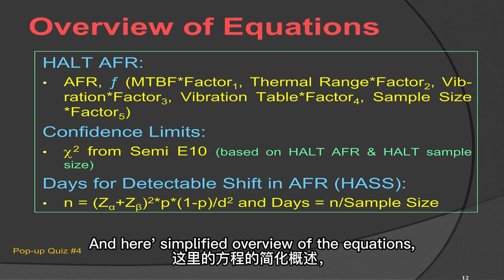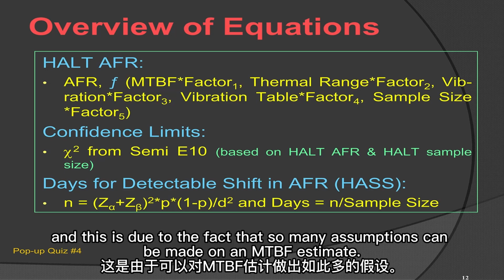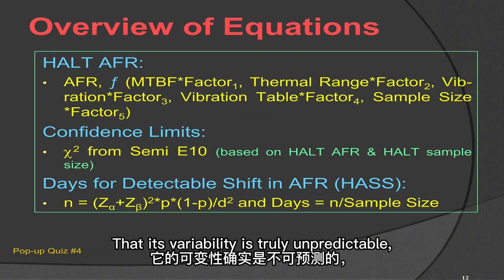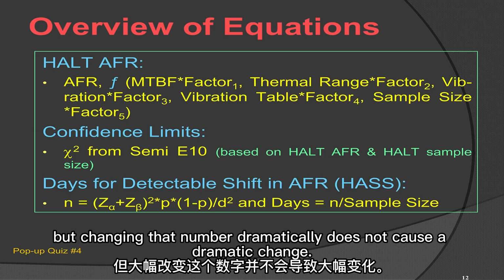And here's a simplified overview of the equations, where the AFR is a function of that whole string of variables. The MTBF factor has a very low weight factor, and this is due to the fact that so many assumptions can be made on an MTBF estimate that its variability is truly unpredictable. The model will accommodate it, but changing that number dramatically does not cause a dramatic change in the